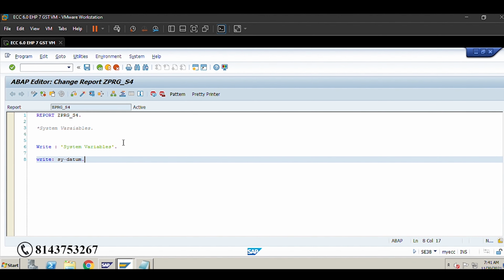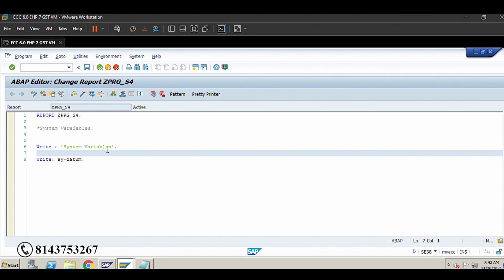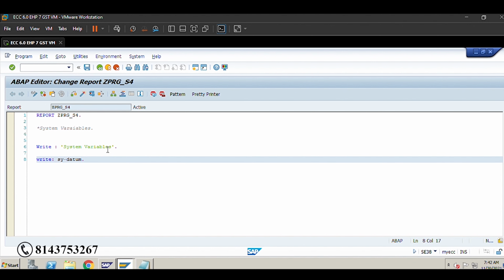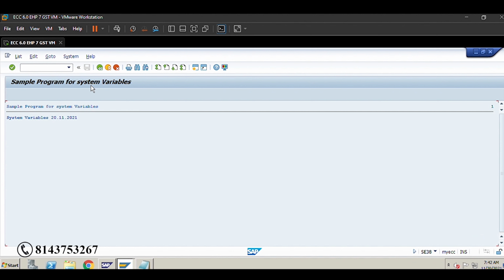So see here. What I mentioned first, system variables in one line, and I mentioned this site data in the next line. How was it displaying here? Is it displaying in two different lines or in a single line?